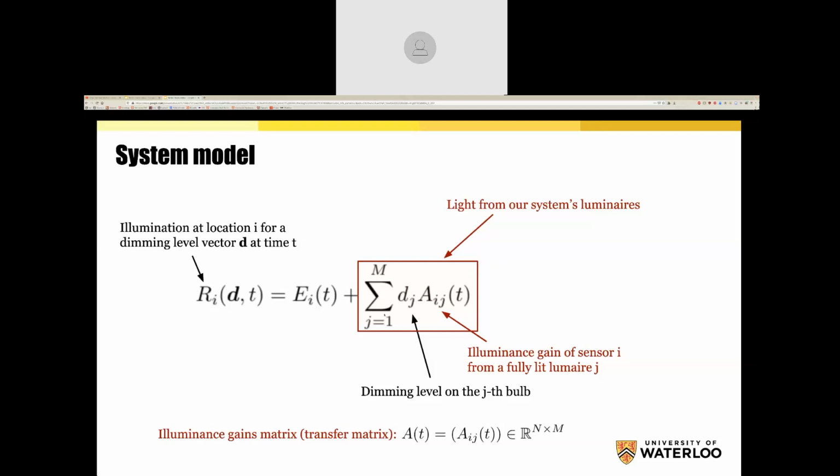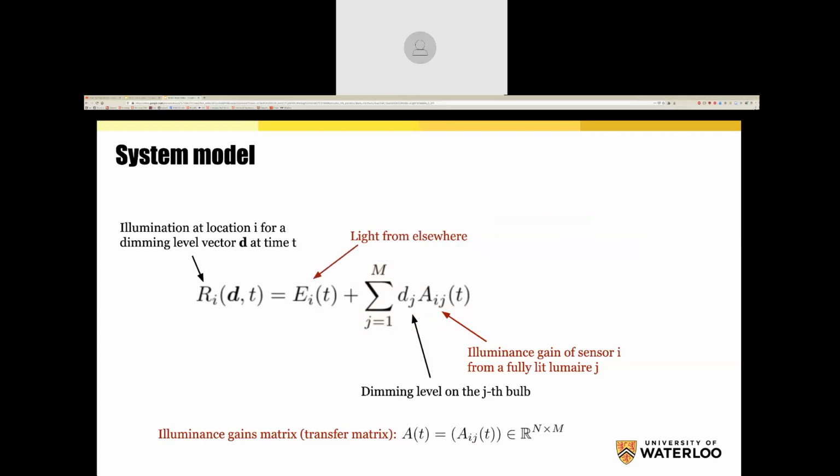And so the sum of this tells us for the ith workstation, the summation across all the different bulbs, j equals 1 to m, using this matrix tells us the contribution of the jth bulb. And then this E sub I is the light from elsewhere. It's all of the light from the windows, for example. So the total illuminance is the external illuminance plus the illuminance from the bulbs.